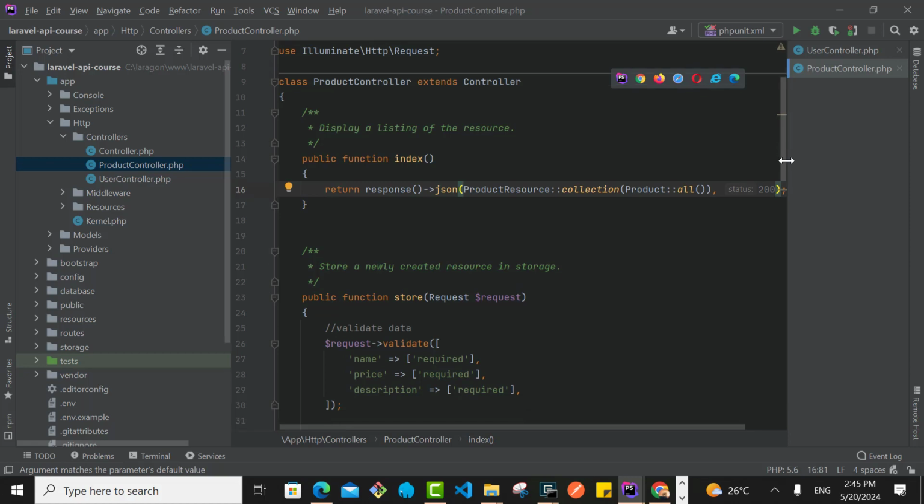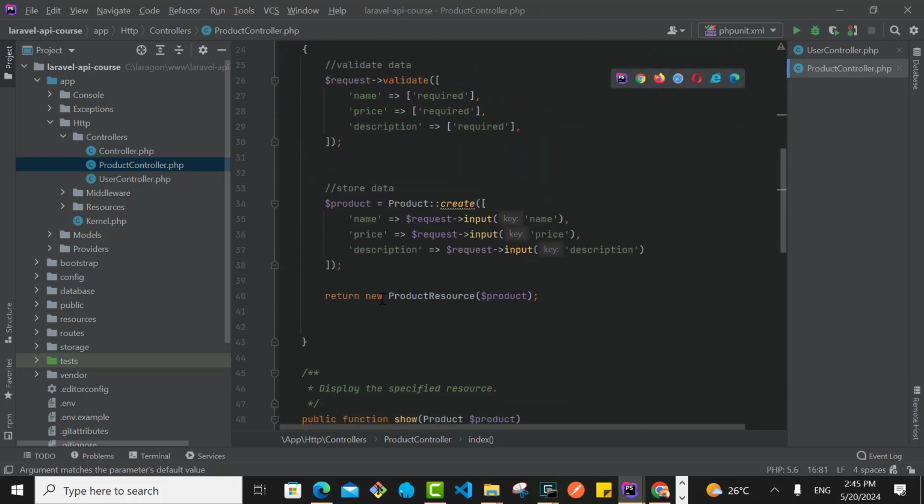That is it. So when I go to the store here, what happens is that when the data has been created, I need to return a 201, because 201 is the one which represents that the data has been created. So I can just do this. Then I can say that the data, I'm just going to cut this here, move it here, and then the response code is going to be 201, which signifies that the data has been created